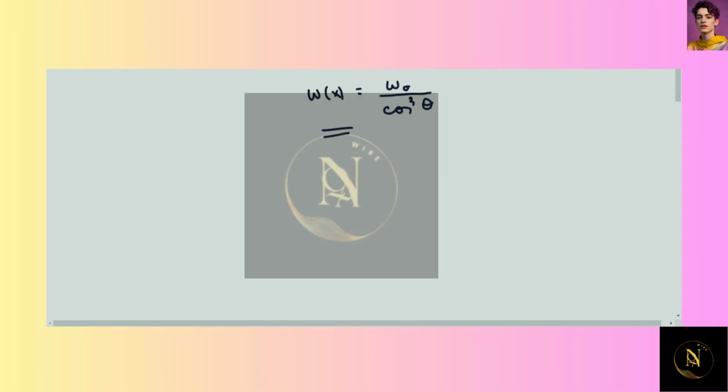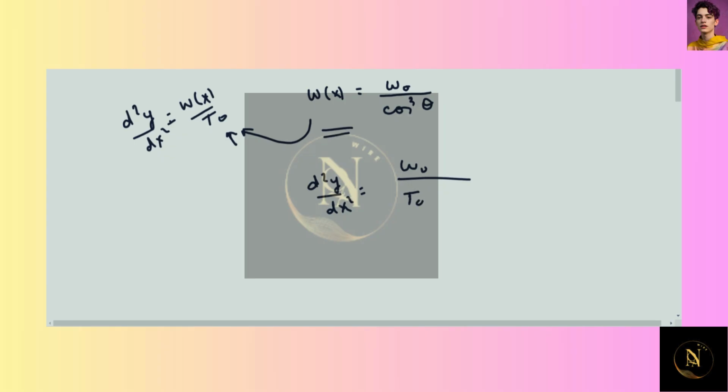So the double derivative of y with respect to x is w_x over T_0. Let's put the value of w_x into this equation. So it becomes d²y over dx² is equal to w_0 by T_0 over cos³